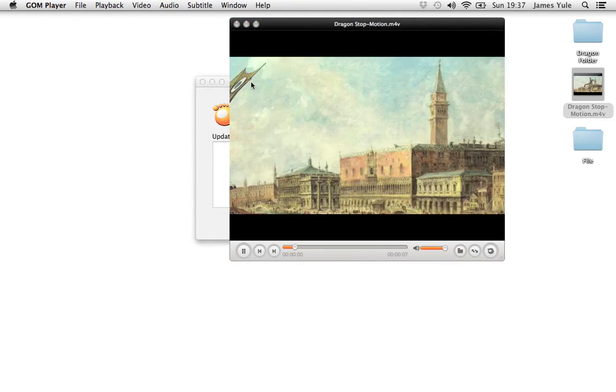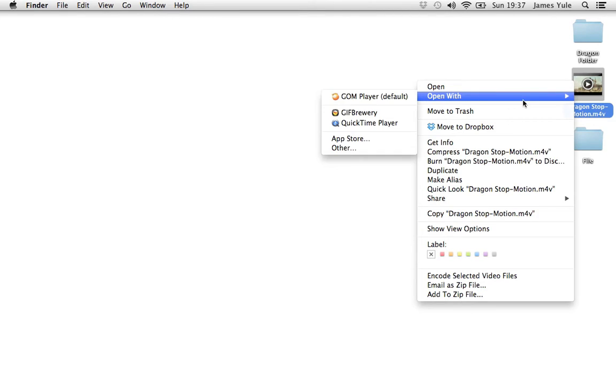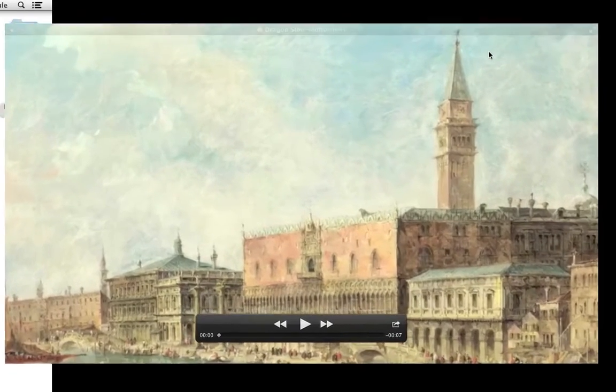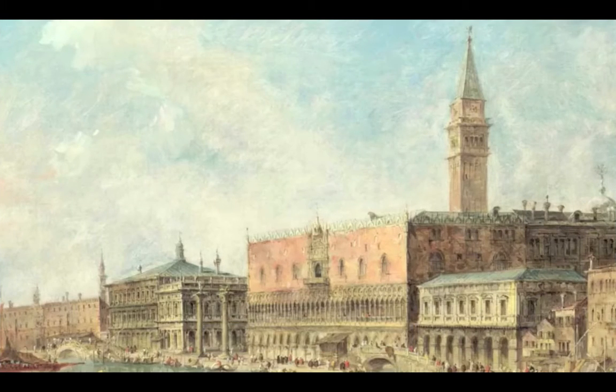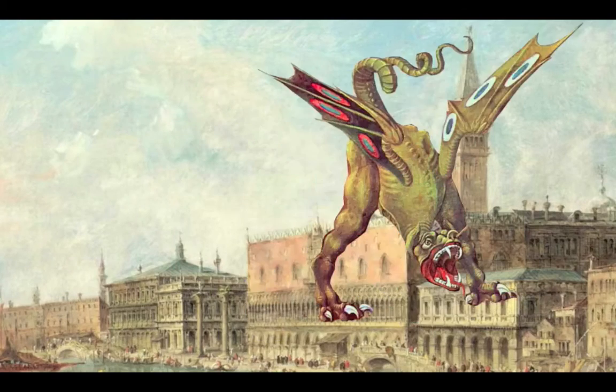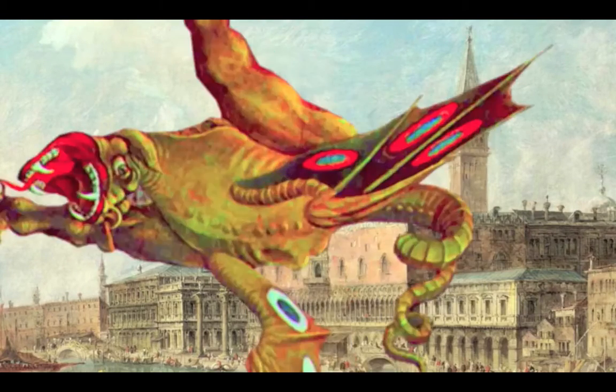It's starting in the GOM player. We don't want that. Let's start it in QuickTime. Right click, and then QuickTime Player. I'll make it big so you can see it. And only 7 seconds, but here it goes. Play. The dragon comes across, it changes colour, it flips, and then it flies into you and